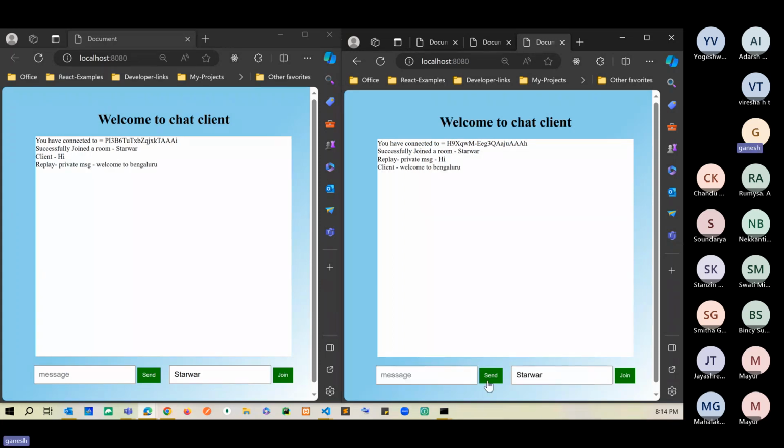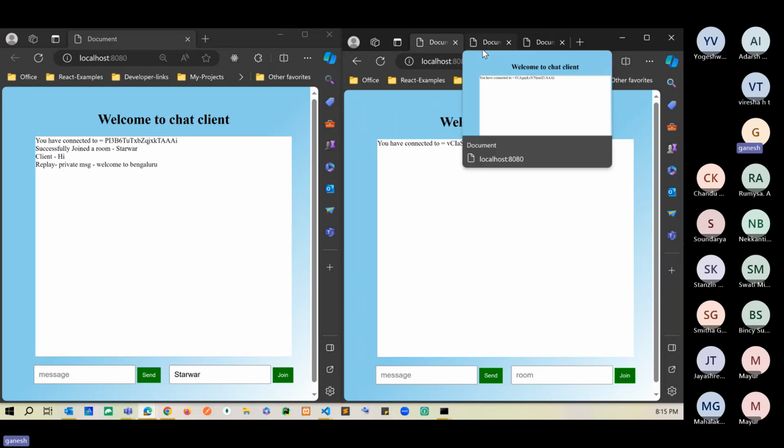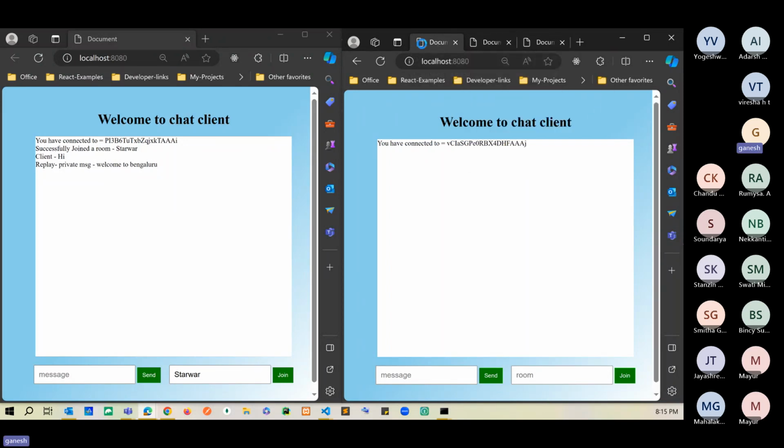Welcome to Bangalore. See, now you can notice the other two clients which will not connect to join the same room. For your knowledge purpose,